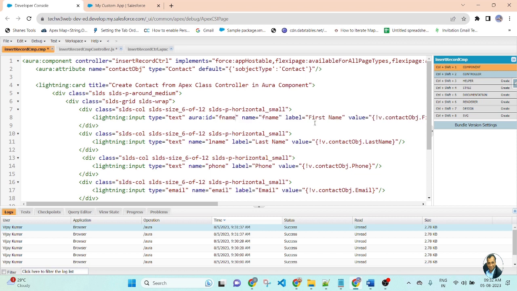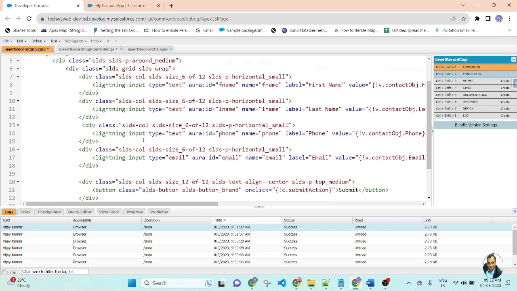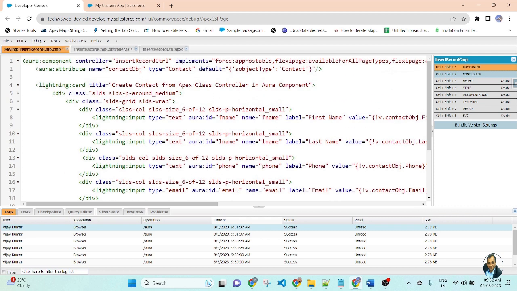Then aura:id equal to lname, aura:id equal to phone, aura:id equal to email. Save the component.